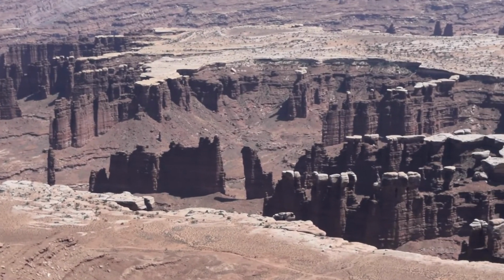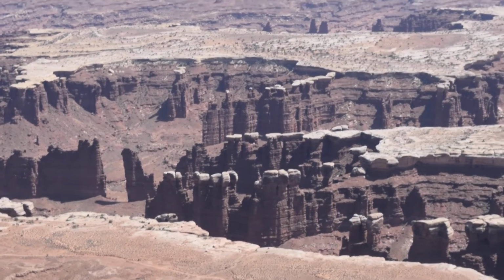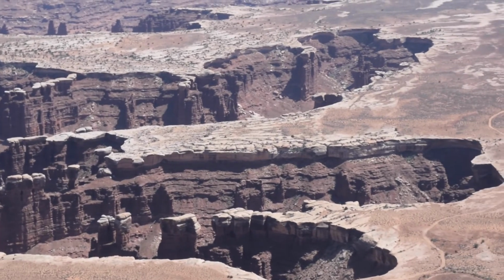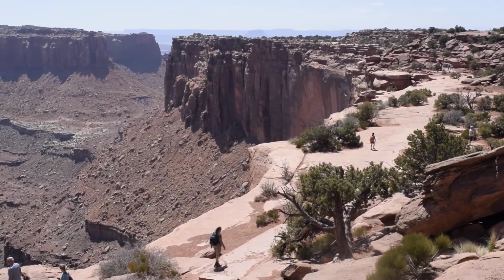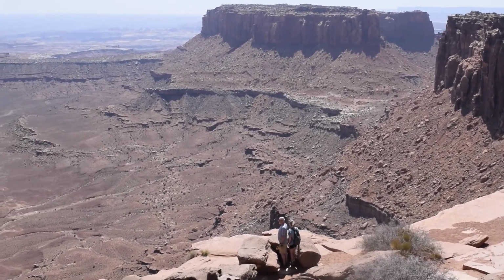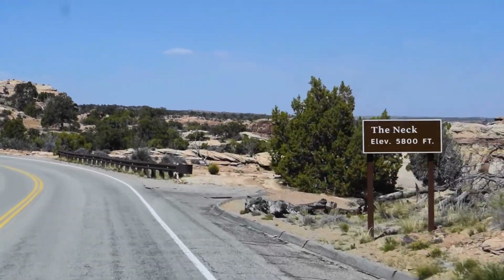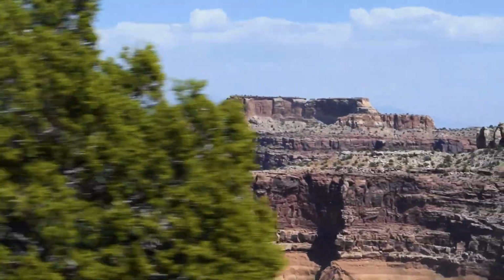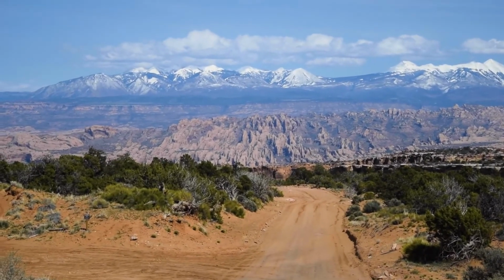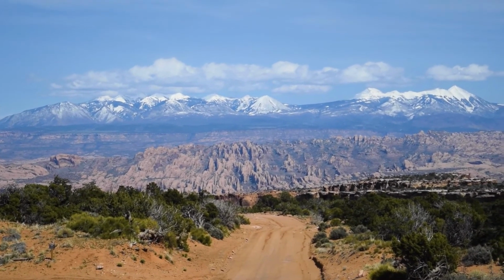I didn't want to pay the $20 entry fee to get views that were obscured by a lot of haze and clouds. It was rainy. Just wasn't a pretty day. So we went to Canyonlands. One thing we did do, which was a lot of fun, I highly recommend,